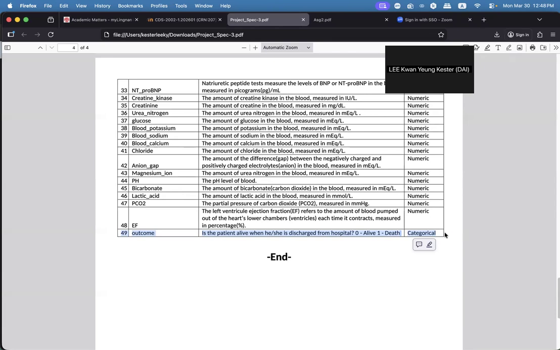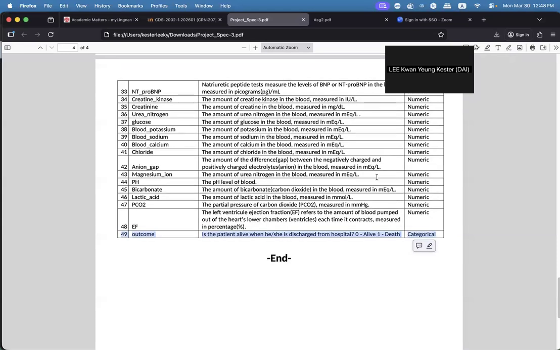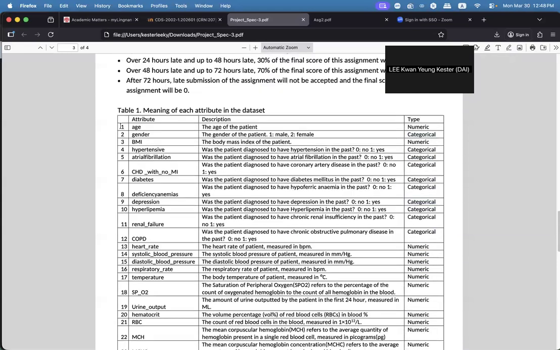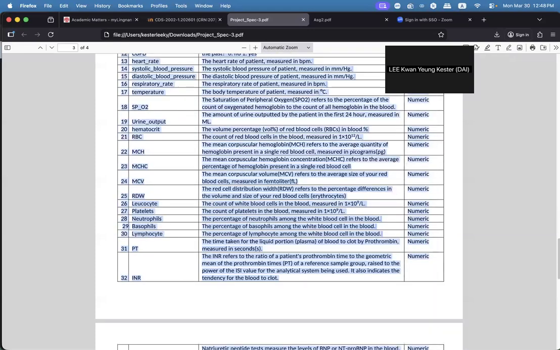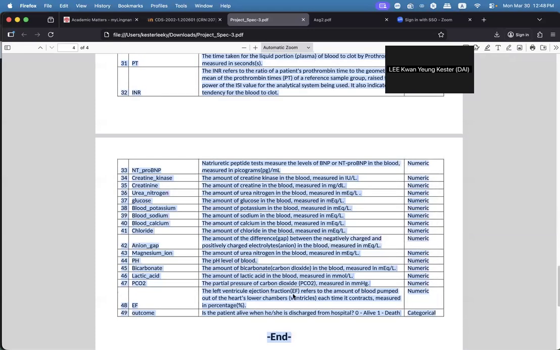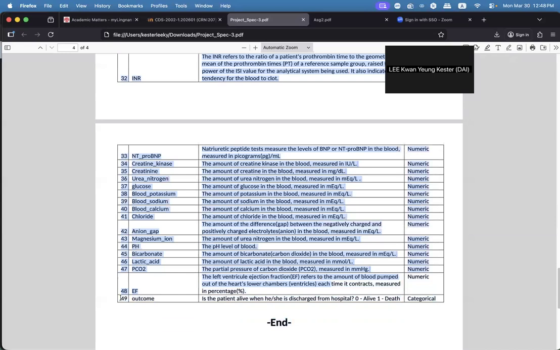Any questions? You can consider our model as taking all the other attributes as input and outputting the value of the last attribute for all the samples.